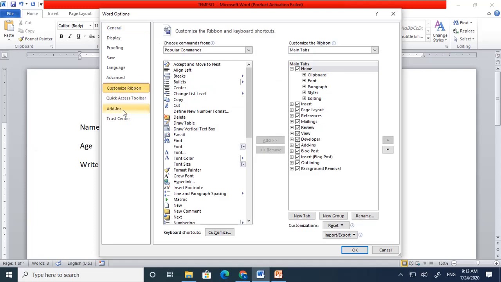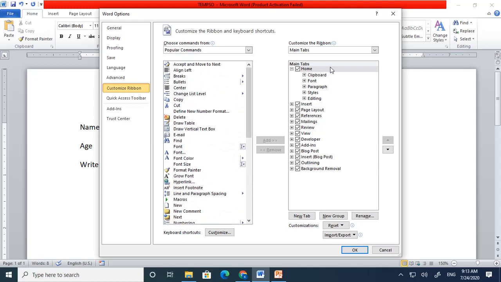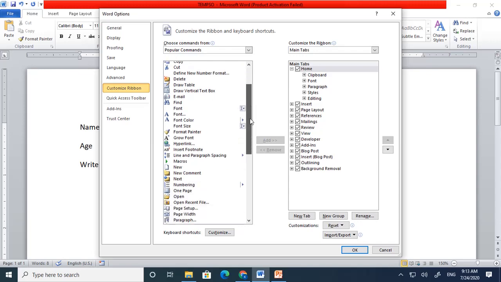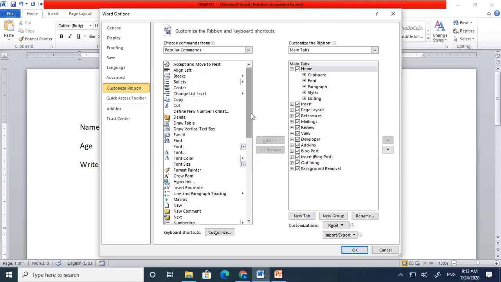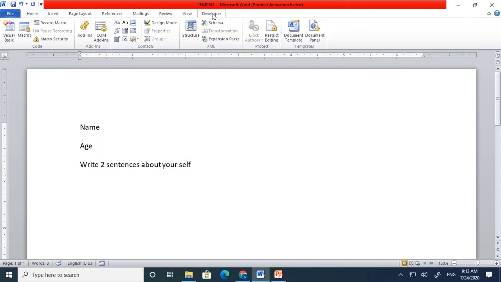Inside this Customize Ribbon, when you see the list, you will find the menu tabs, and if this menu tab is not having Developer, just add it from the list given over here. You will be finding the list on the left hand side, you can add to the right hand side, or from the right hand side. If the tick is not there, just put a tick and click OK. So you will be finding a Developer tab at the top.